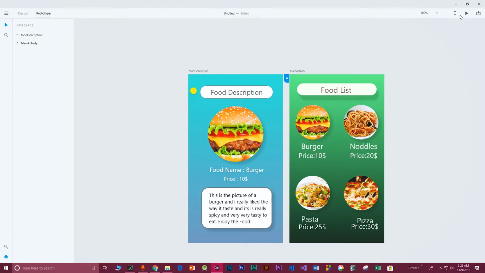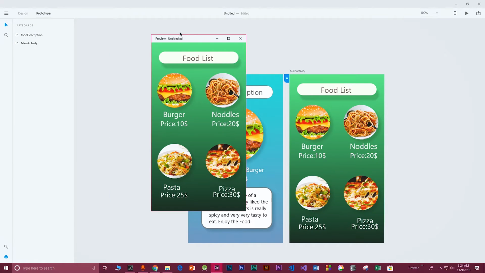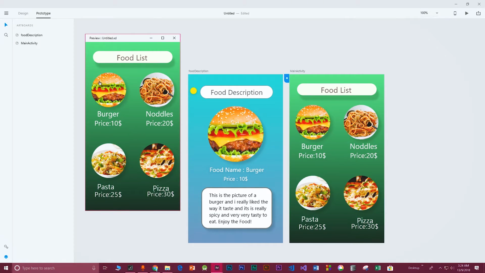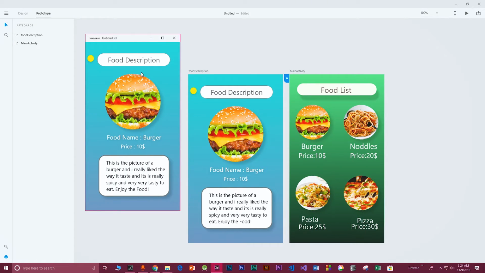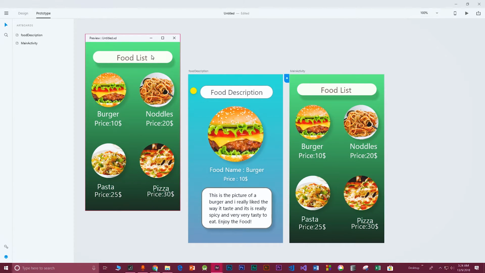So that's everything. Just click the play button, and here you have your main screen. If you click this burger button from the food list, it will go to the food description of this burger, and if you click this button, it will go back to the main activity. So nice, it will go back to the main activity, and you can do the same thing for noodles, pizza,